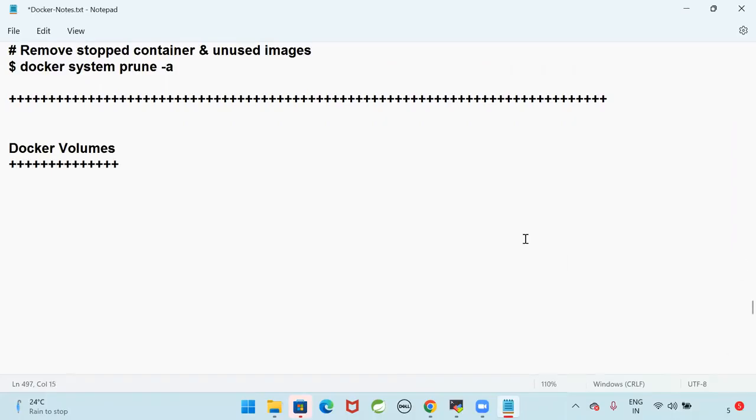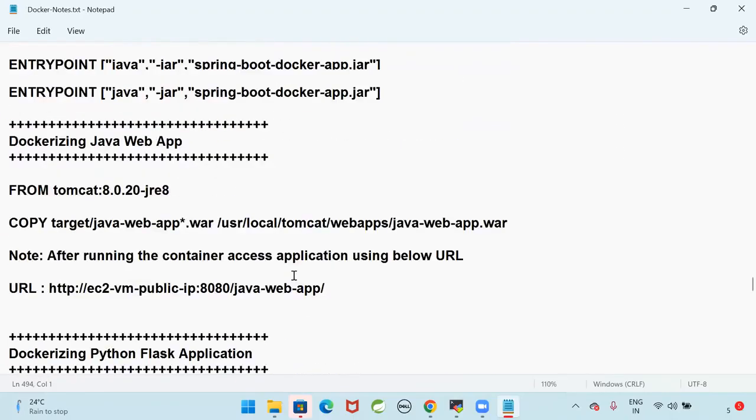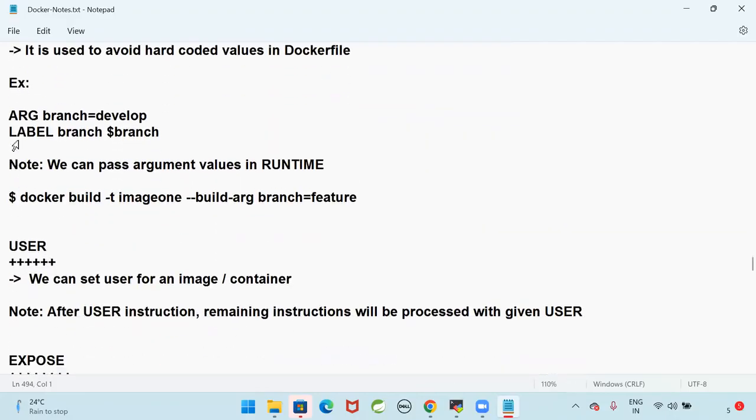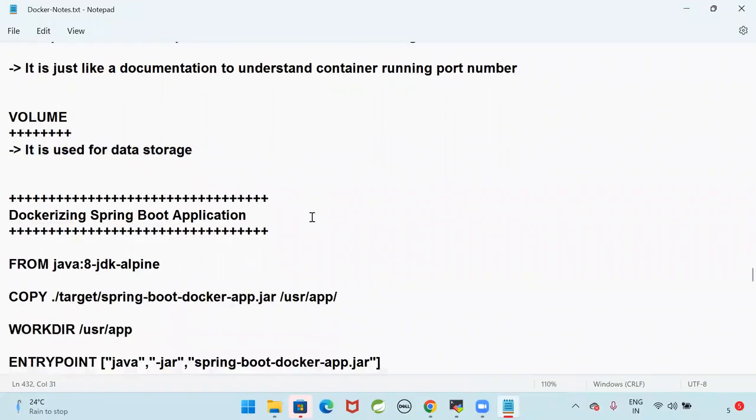When I was explaining Dockerfile keywords, there is one keyword called volume. I just gave the introduction for volume. What I mentioned is: what is the purpose of a volume keyword in the Dockerfile? It is used for storage purpose. Fine. Next,